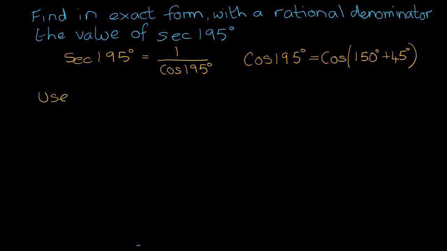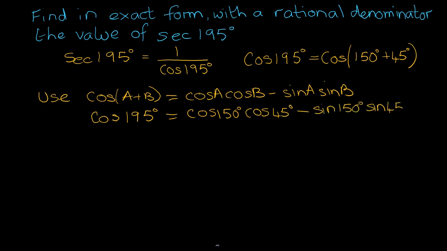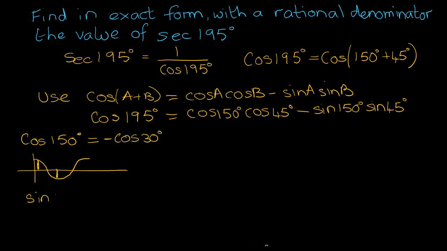I'm going to use cos(A plus B) equals cos A cos B minus sin A sin B. So that leads to cos of 150 cos 45 minus sine of 150 sine of 45. Now let's take a look at how cos of 150 links to 30. So you can see here it's just the negative value. Similarly, if we look at sine of 150, we can see that that is the exact same value as